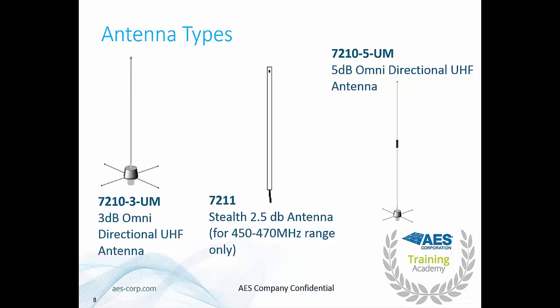Next we have our Stealth antenna. Our Stealth antenna I think everybody should have in their AES kit so that you can use this to find the exact location of the radio. We do have a product called the NCT that we recommend not using to find the exact location of where to put the antenna. If you take the subscriber that you're going to install, plug in the battery and the Stealth antenna, actually always make sure to plug in the antenna before plugging in the battery, and then use this antenna to find where you're going to put the exact location.